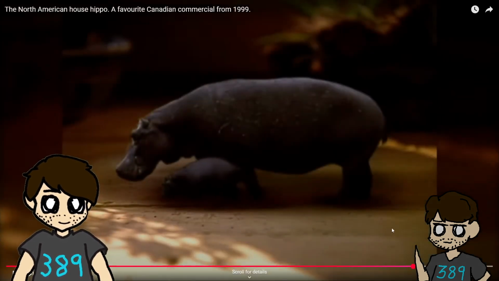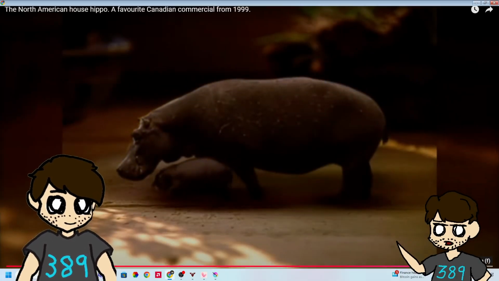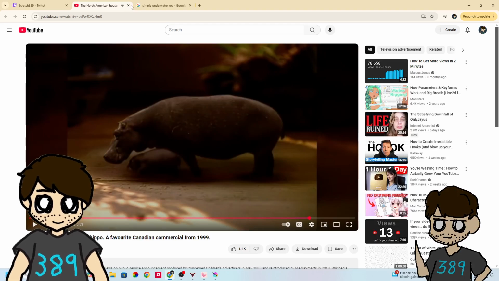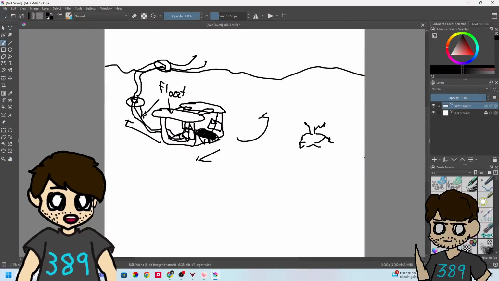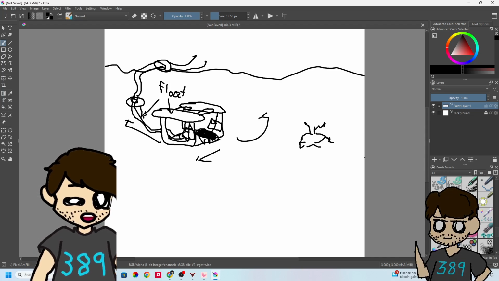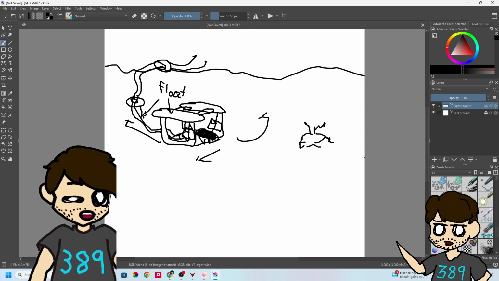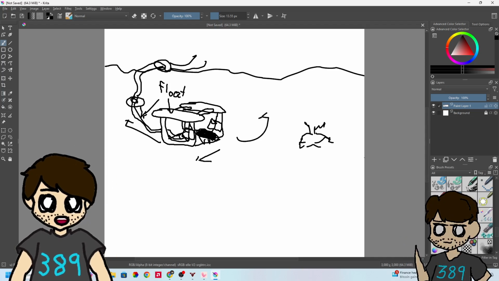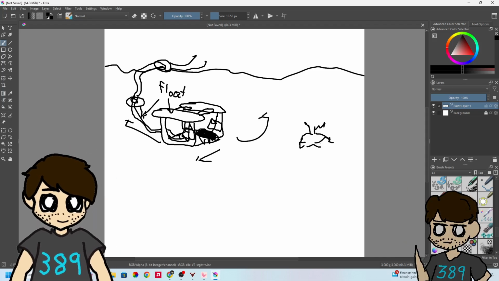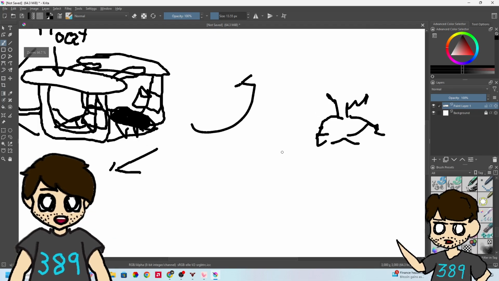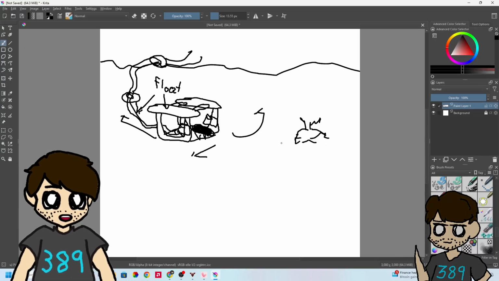That looked really real. And it is real. We don't need to go any further on that. House hippos are real. Totally real. Did he actually think that was real as a kid? That's hilarious. You know, if I saw that young enough, I would have thought it was real. I mean, it is real. That's why I would have thought that. So,